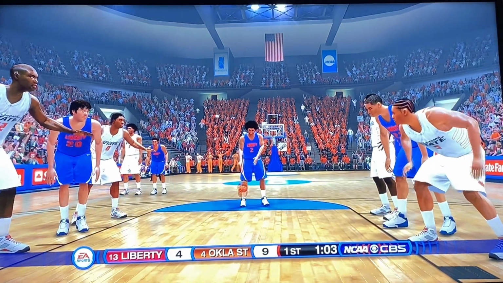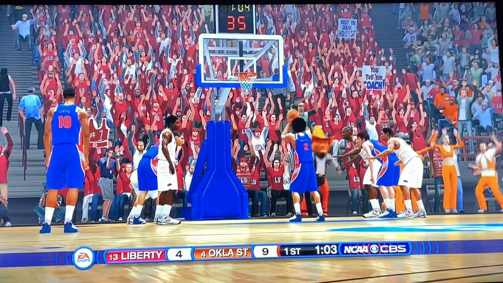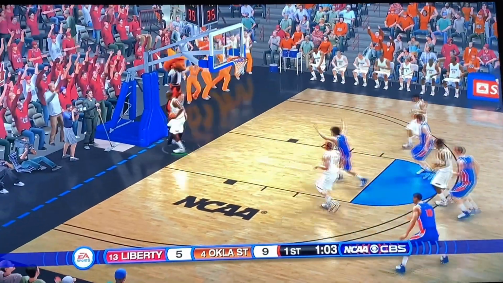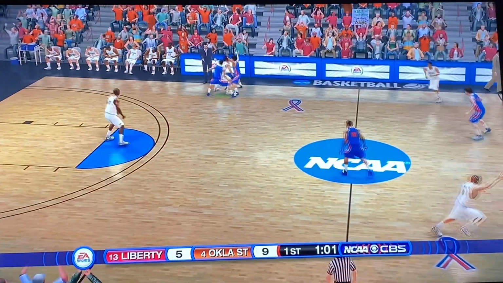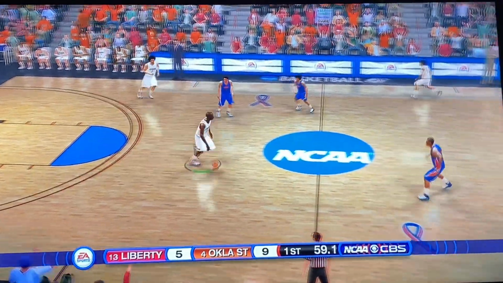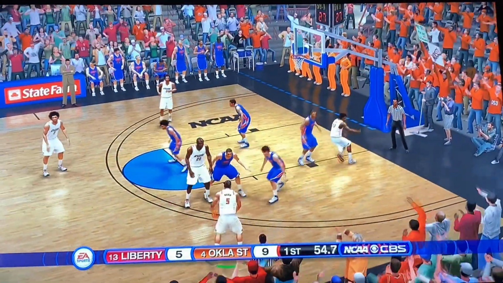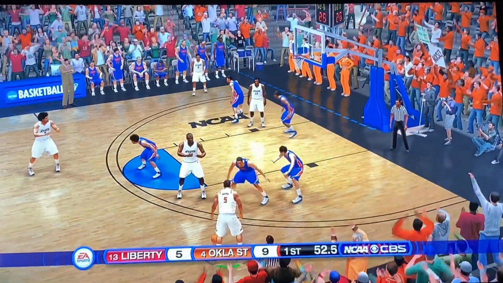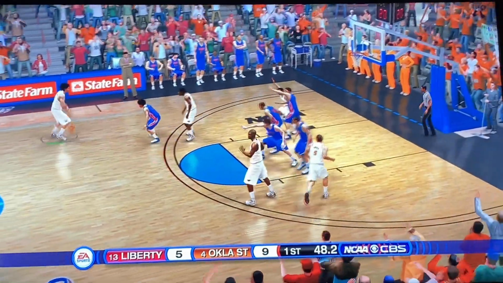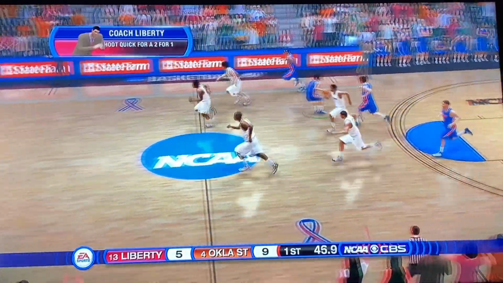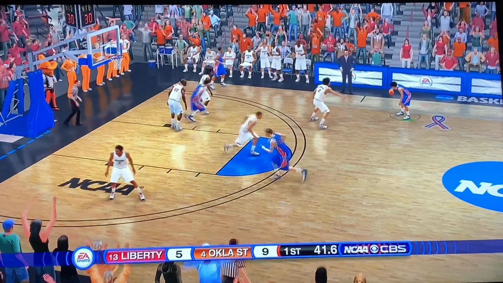Darius McGee, though, at the line. Can he bring it to within 4 for Liberty? He does. 9-5 now. Getting 3 points on that possession for Liberty. A great possession. Trapping Cunningham in the backcourt. CPU now with the ball. Back out to Walker, it looks like. 49 seconds to go in this first half. Back off to Cunningham. Who just gives it to Liberty right there. I don't know what that pass was.